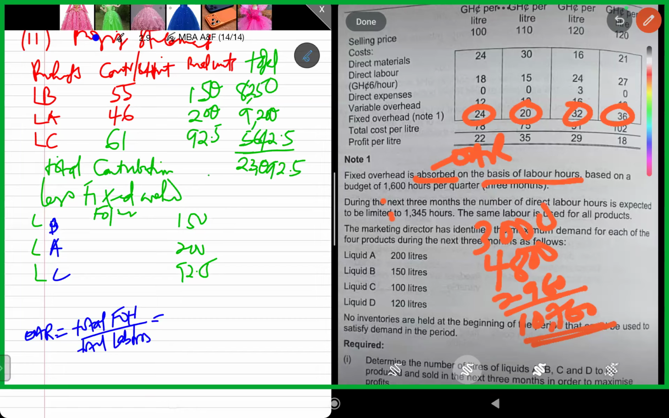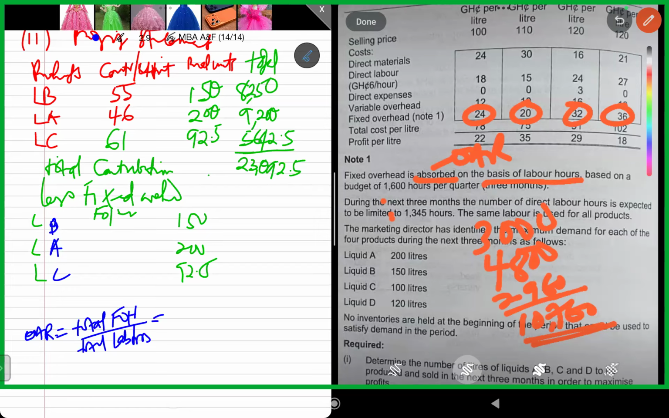That the labor for the next 3 months is 1,345. So if the labor for the next 3 months is going to be limited to 1,345, then it also means that the budgeted labor hours are affected, because fixed overhead is absorbed on the base of labor hours, so if the labor hours for the next 3 months are going to be reduced to 1,345,